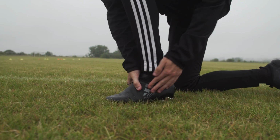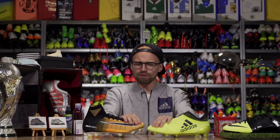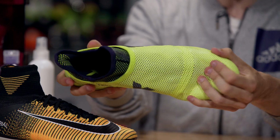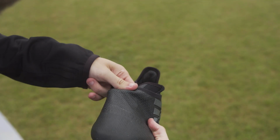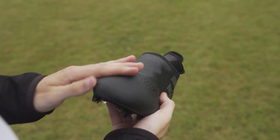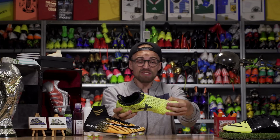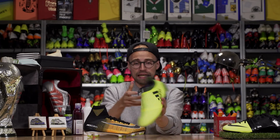Let's start off by looking at the uppers here, because while both are relatively flexible, there is no doubt that the one on the Pure Speed is by far the softest and most pliable one. And that is because it has this SpeedSkin upper. It's a synthetic upper that then features a lovely plush foam inner liner. And that means that even straight out of the box, it feels extremely soft and broken in from the moment